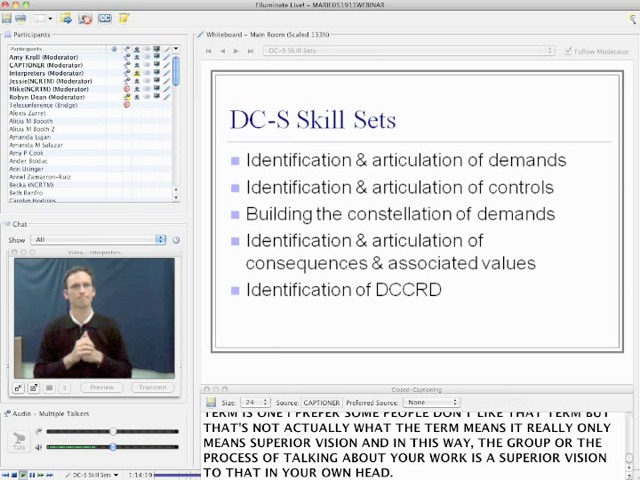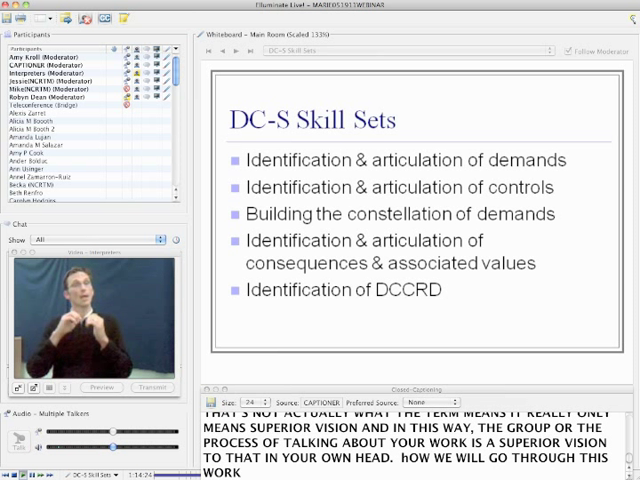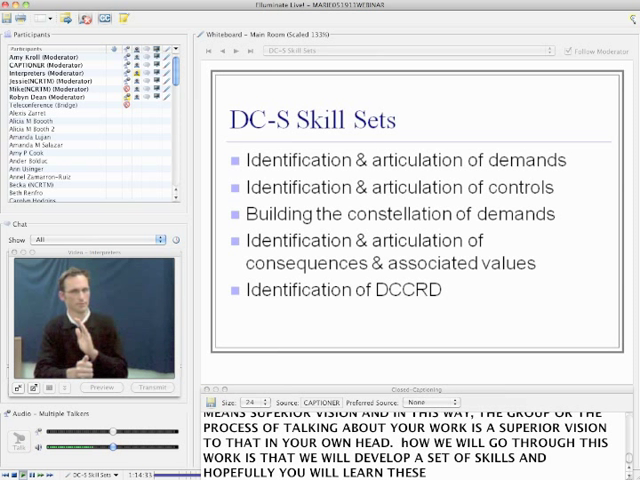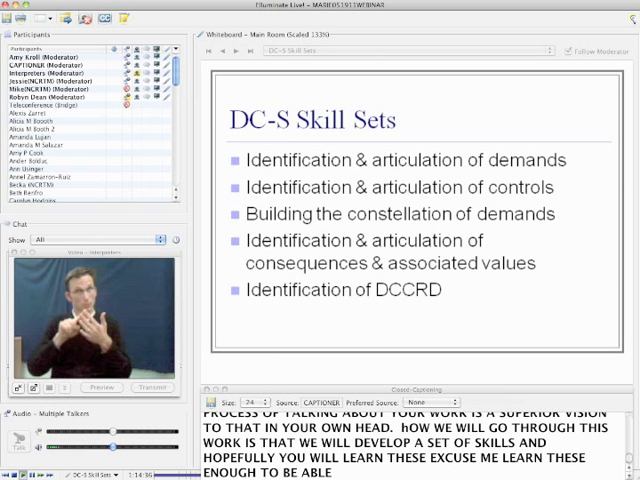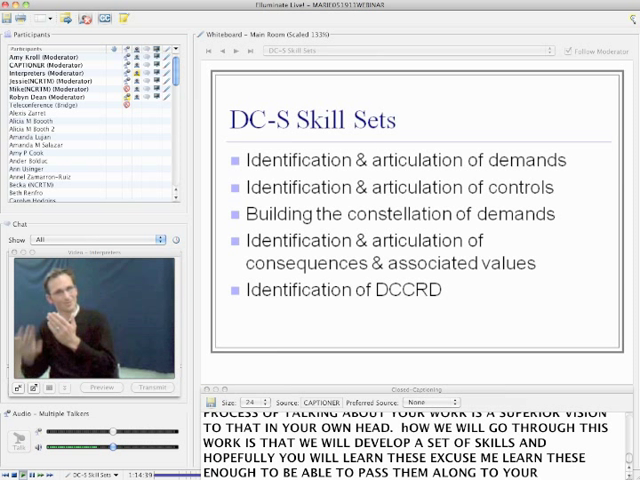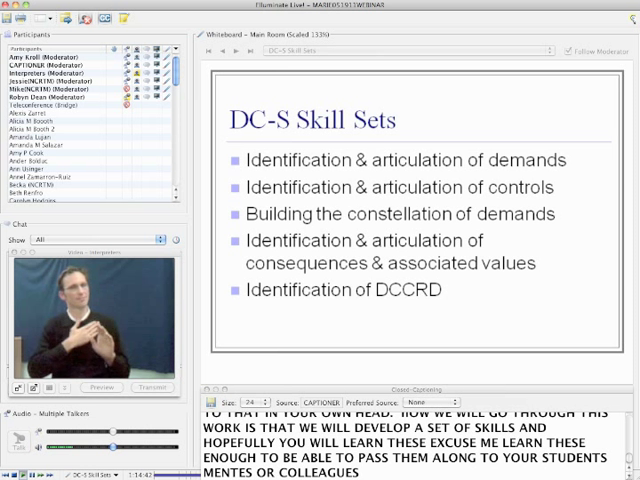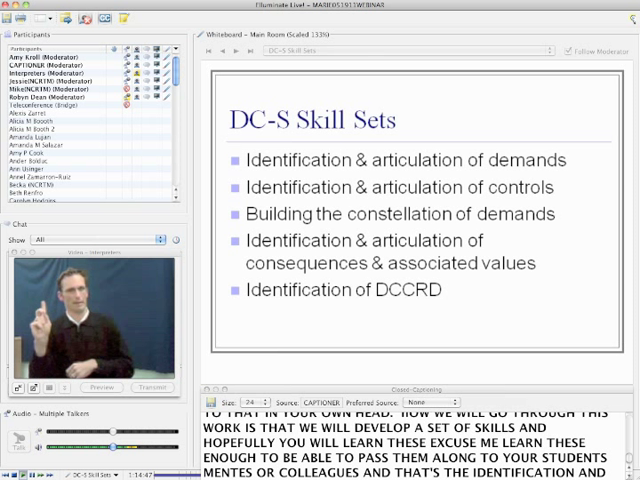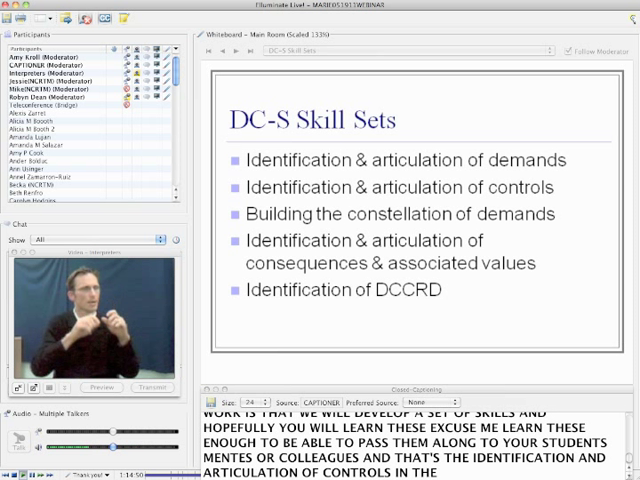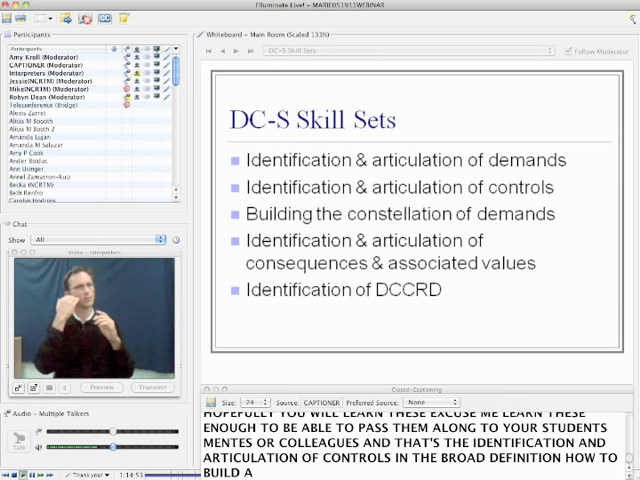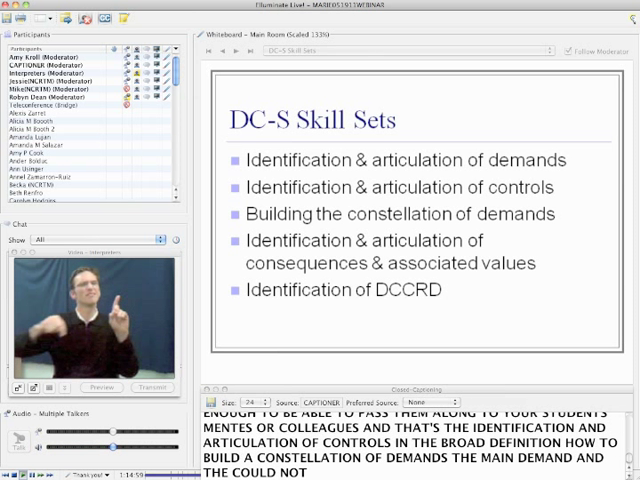How we will go through this work is that we will develop a set of skills. And hopefully you will learn these enough to be able to then pass them along to your students or mentees or colleagues. And that is first the identification and articulation of demands, the identification and articulation of controls in their broad definition, how to build a constellation of demands, how to be able to identify the main demand and the salient concurrent demands, how to identify and articulate consequences and the associated